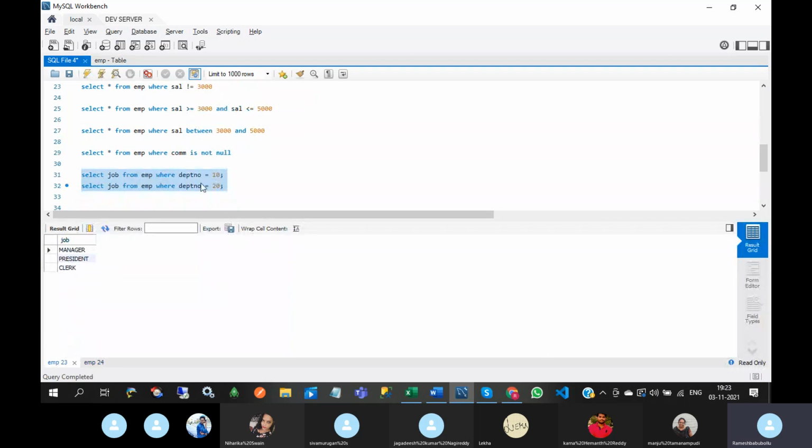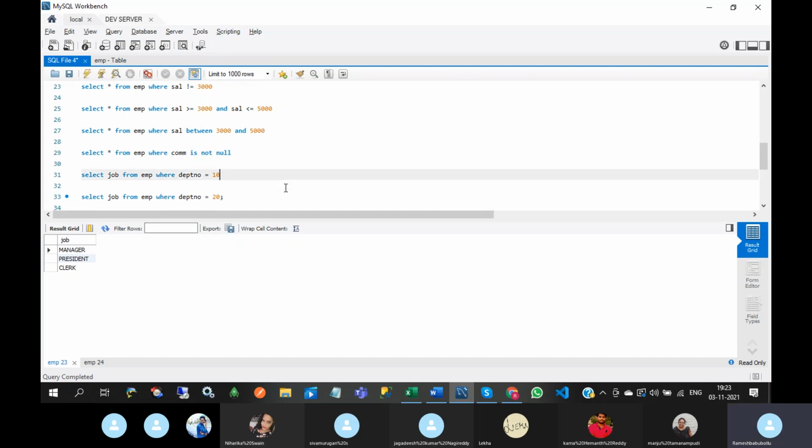What are the jobs available under department number 10? Manager, president, clerk. Here clerk, manager, analyst, clerk, analyst. Okay. So duplicate comes in department number 20. Okay. So you can combine these. This is one result set. This is another result set. You can combine these two result sets by using union.